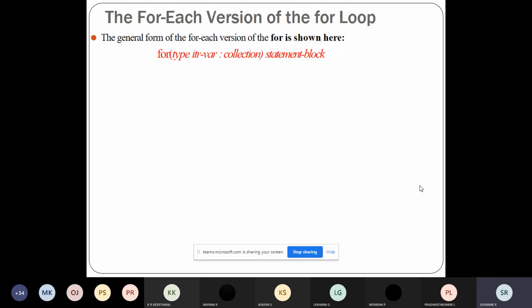Why is it used or why is it designed? This is an improvement. We will not call it an improvement. This is some modification made to the for loop, so that they will call it the for each loop. Sometimes they'll call it a for each style also. It is a feature which the programmer had expected from Java. So why are we using this for each style?